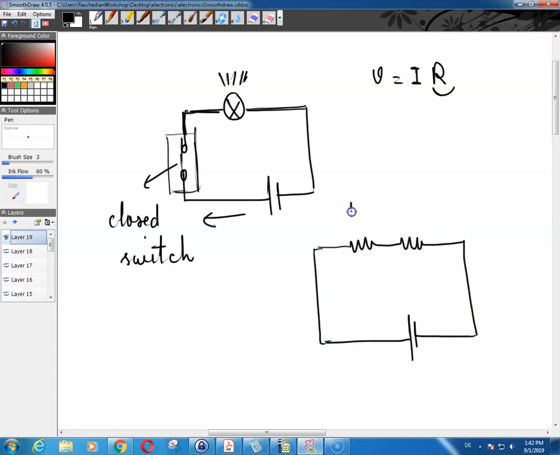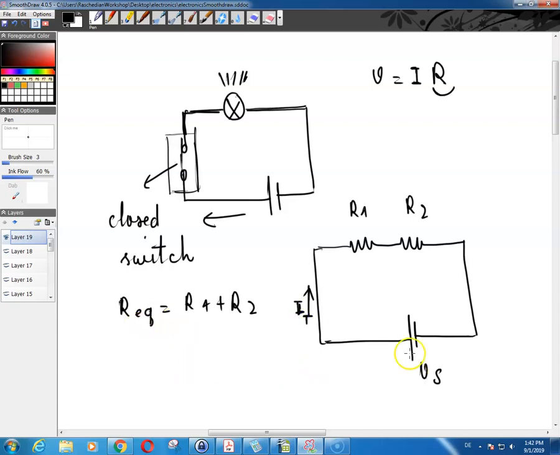Let's say that this is R1 and this is R2 and this is V of S. Now the current that is going through this circuit, first of all, the equivalent resistance of this circuit, R of EQ, is equal to R1 plus R2. And the current going through this circuit, or I of t,